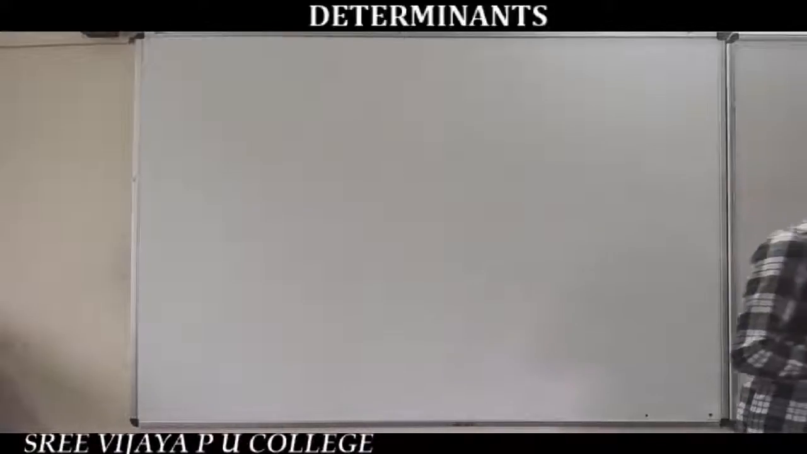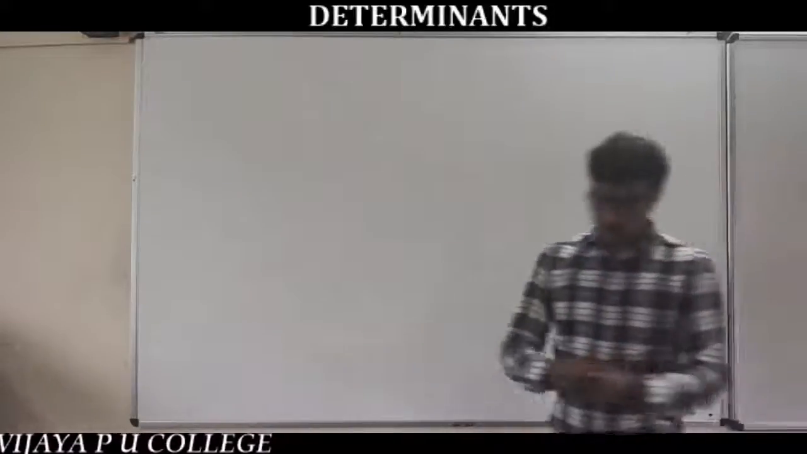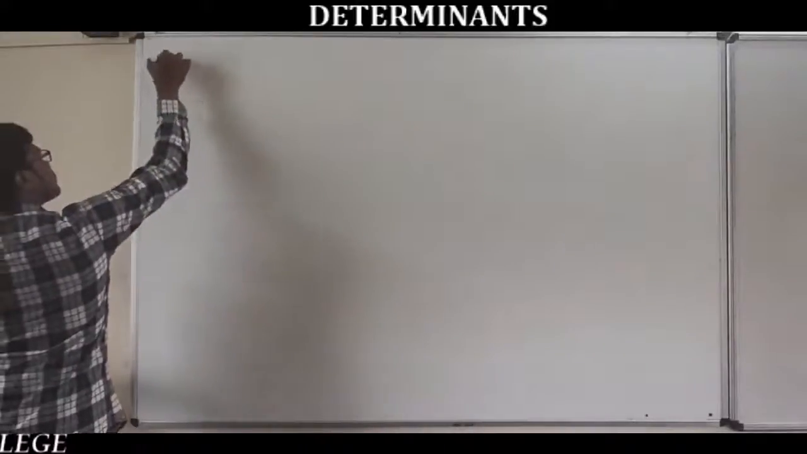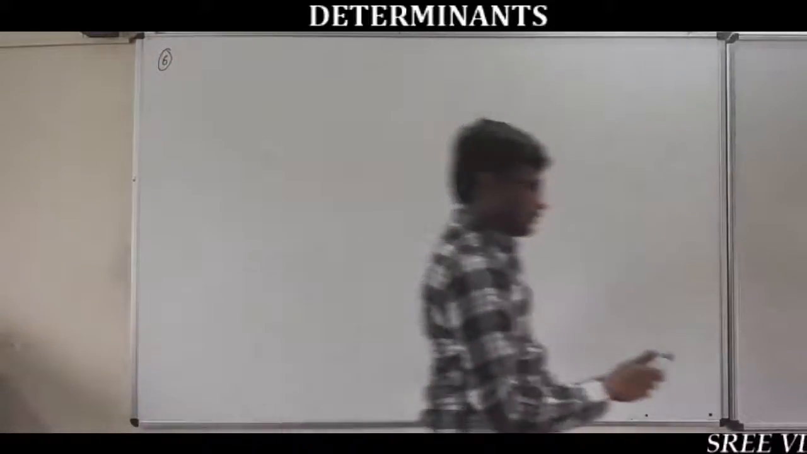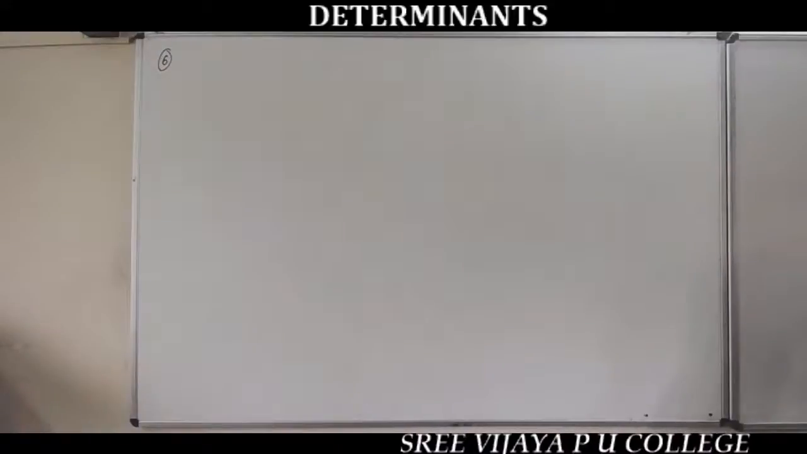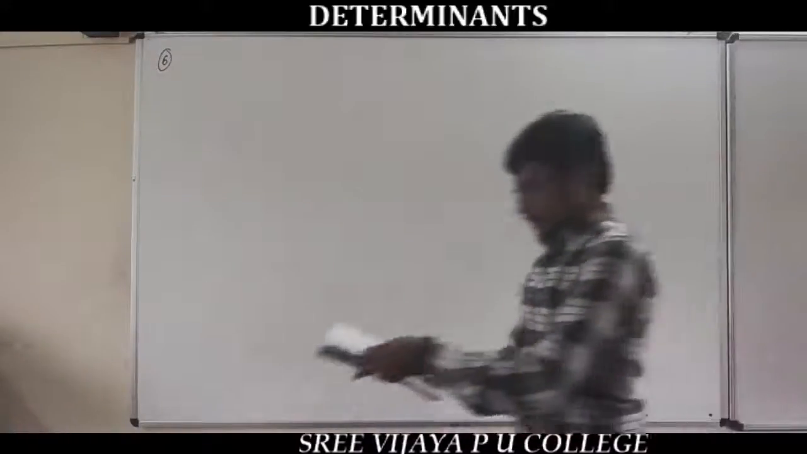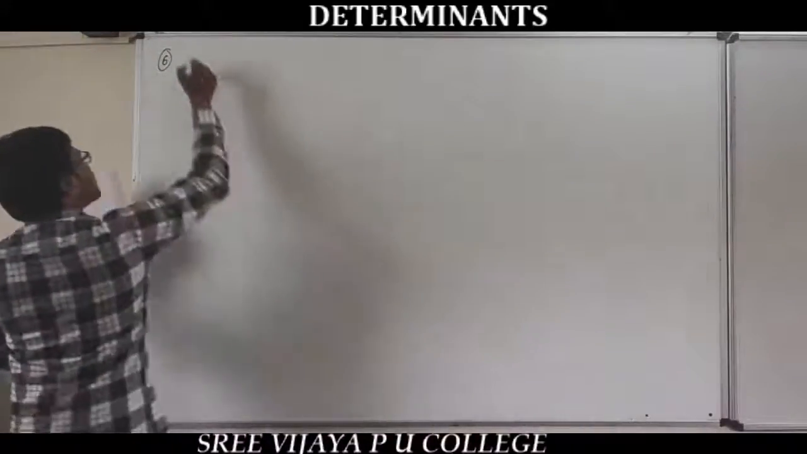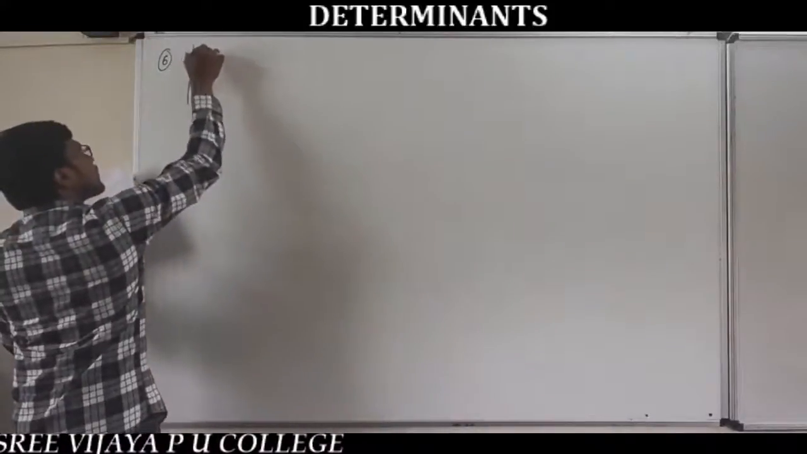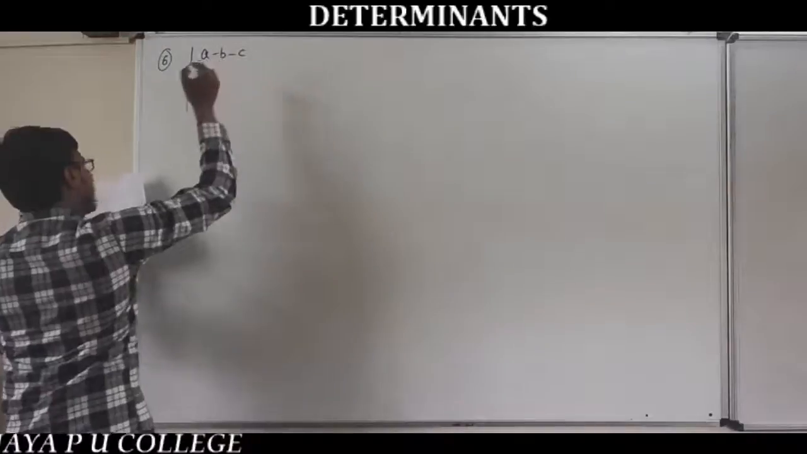So last class we did 5 problems like that. So now move to the 6th one. So 6th one is the determinant of a minus b minus c,